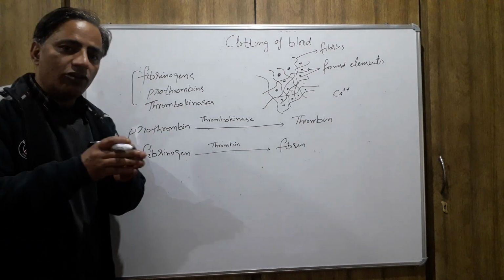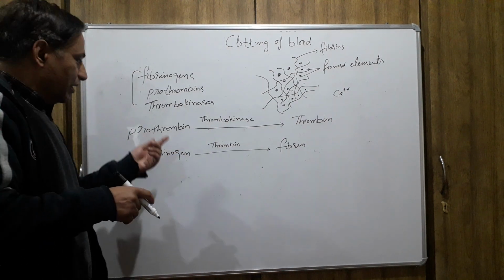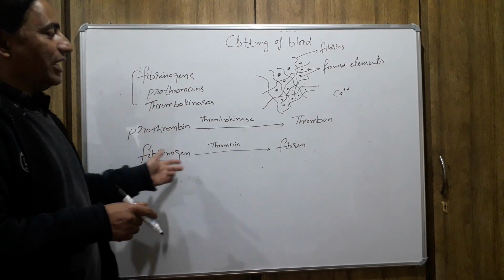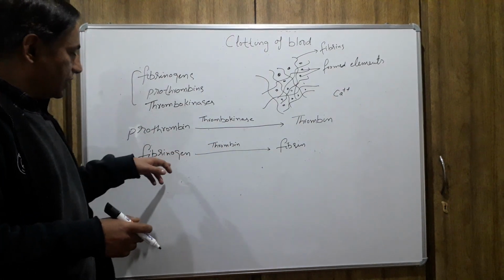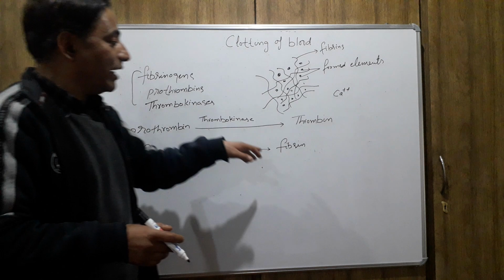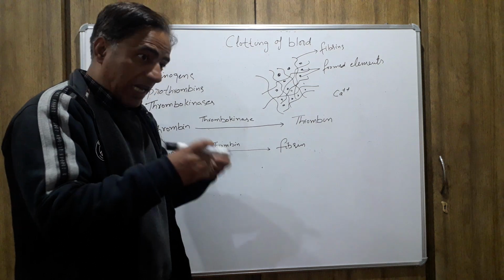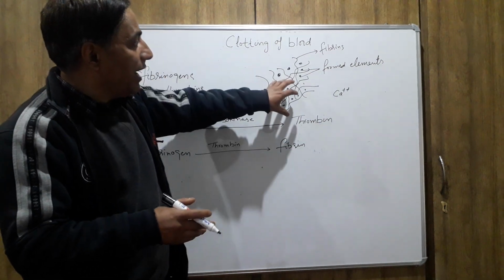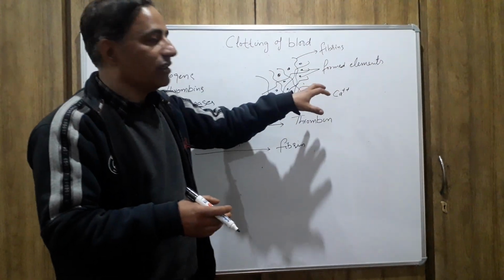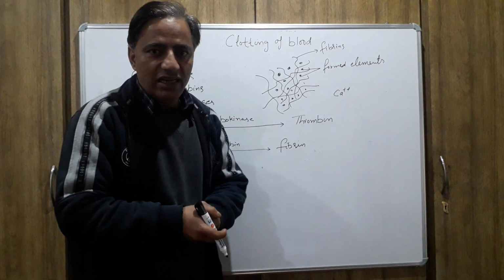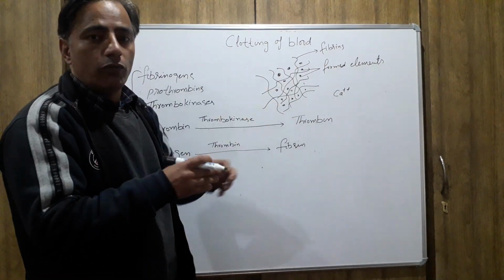So what happens at the site of the injury? The thrombokinases convert the inactive prothrombin into the active thrombin. And then this thrombin converts the inactive fibrinogen into the active fibrin. And these fibrins are fibrous non-globular proteins, which form a network or a mesh-like structure within which get stuck the formed elements, primarily the red blood cells. And thus a dark reddish brown scum is formed.